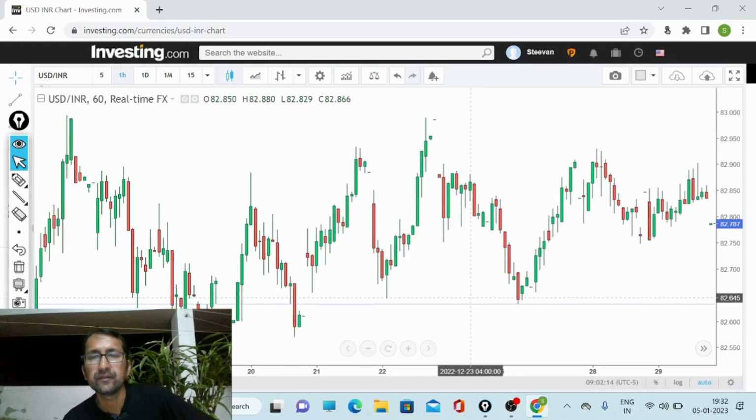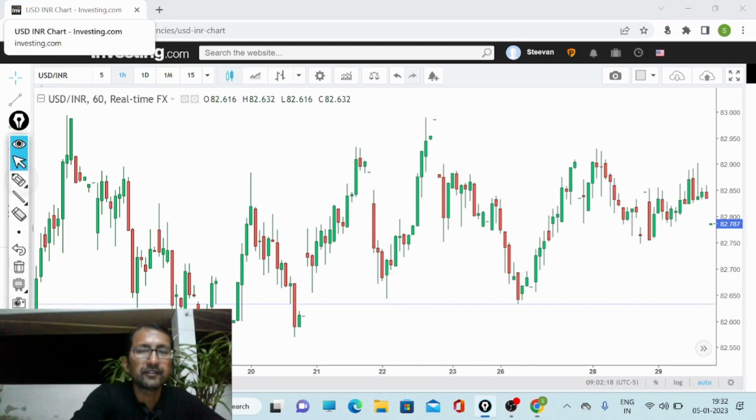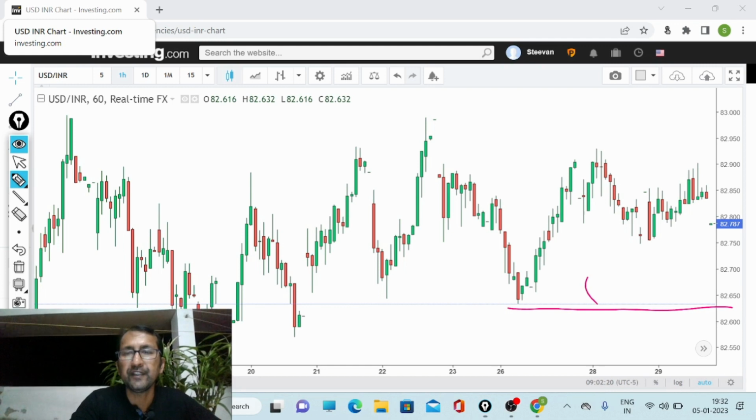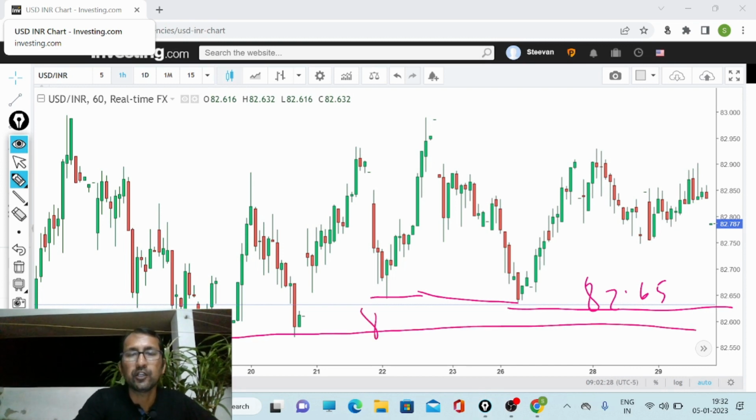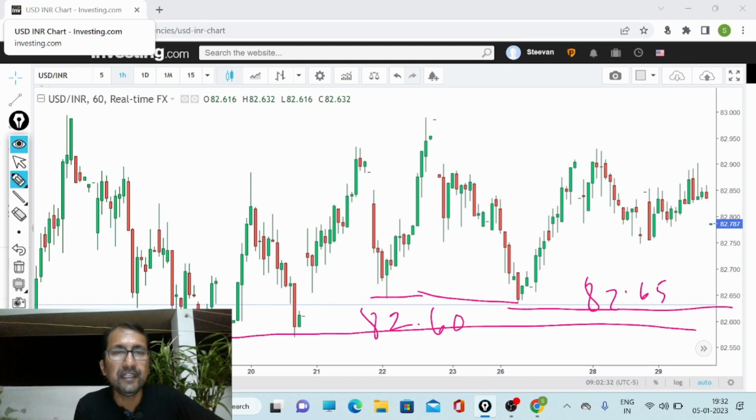You see here how many times it has tested 82.65. So here again 82.65, and here you can see 82.6. How many times it has tested 82.60? So finally today it broke down, and if it is sustaining below,